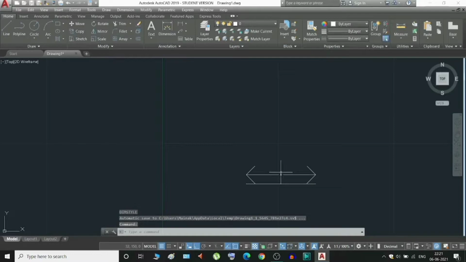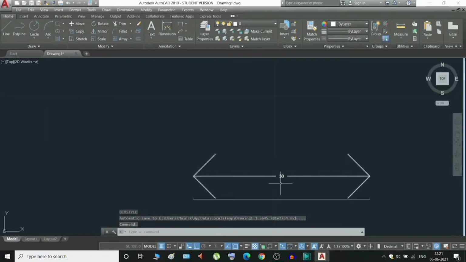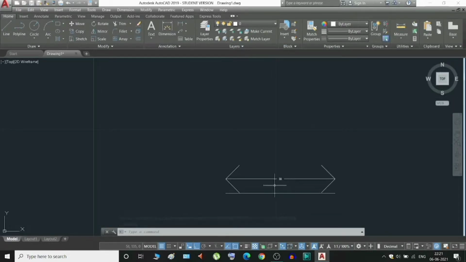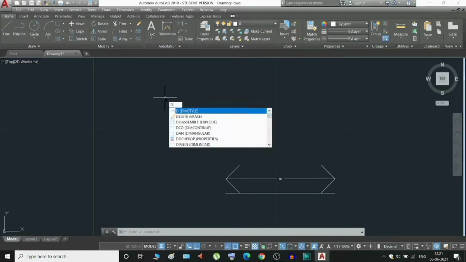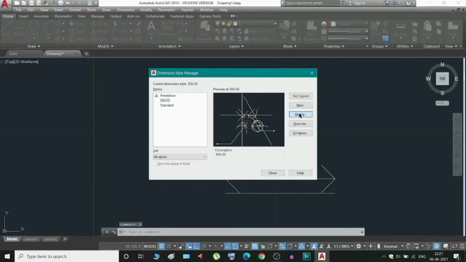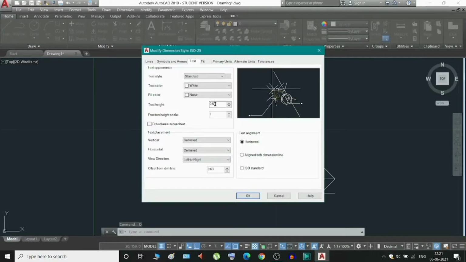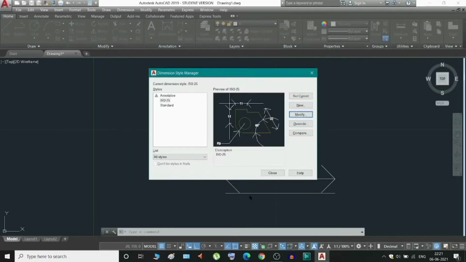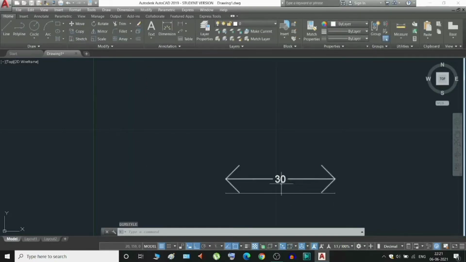So it will be very small. You can see that you cannot read it. So I will again change it. D, enter, modify. I will now set it to 2 and select OK. Set current, close. So it is OK for me.